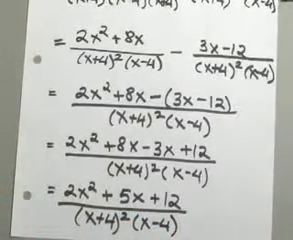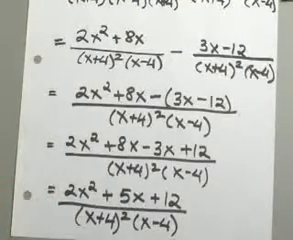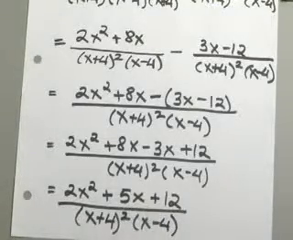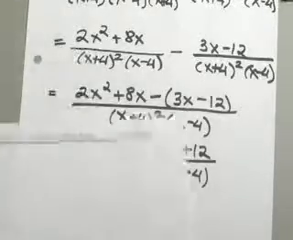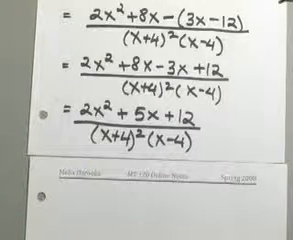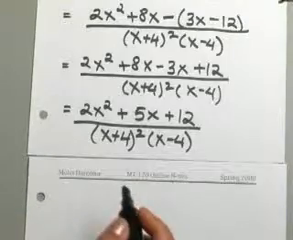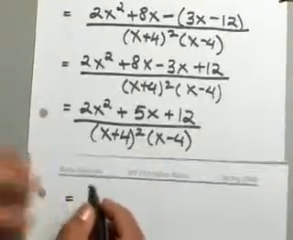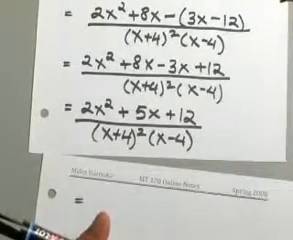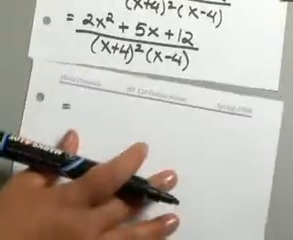x minus 4. Now, once you get to this stage, you again want to try and see, okay, can you simplify this any further than what you have here? So again, you want to try and factor the 2x squared plus 5x plus 12 and see what you will come up with. So let's go ahead and factor our numerator here. And let's see what we will come up with. So when you are trying to factor, let's see, you will have